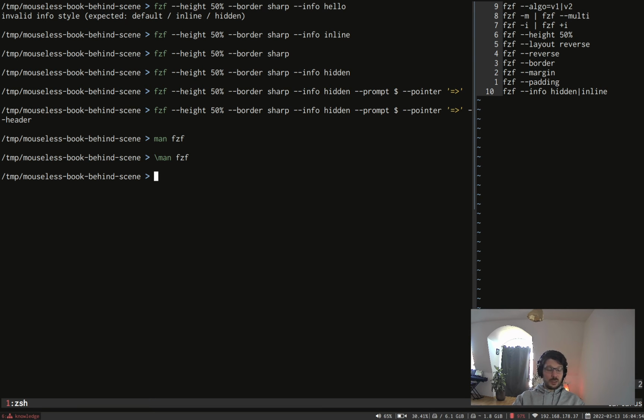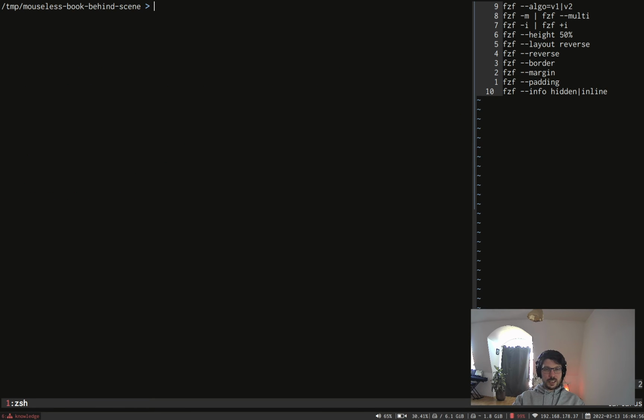But yeah, you can look at the manual for fzf. It's very complete, a lot of stuff in there. But we will see a last one, which is quite cool. You can put a header, and we will use that later in another video, where you can specify some stuff, like, for example, use arrow keys to select